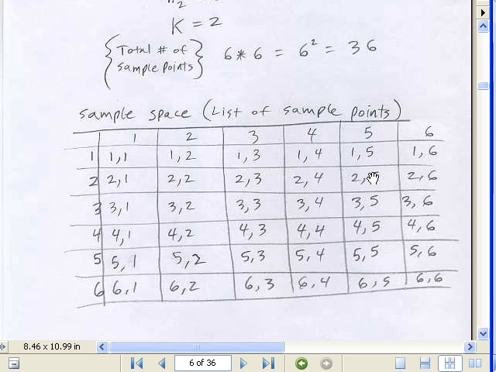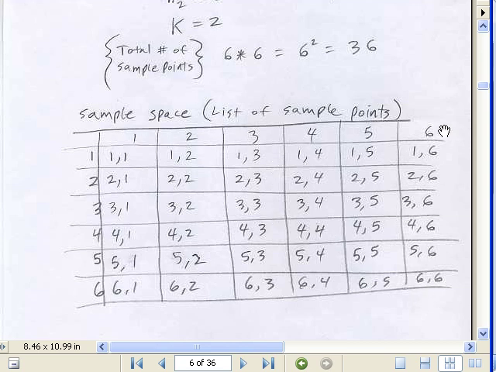Now, listing all these can get pretty tricky. And a word of advice, you probably do want to try and list all of the sample points at least a few times in your homework, because it will help, especially when we get to our probability distributions where we're talking about all of them. And it will help because we'll learn the addition rule and the multiplication rule in this chapter. And next chapter, when we do discrete probability distributions, we'll combine those 2 rules. And understanding how to list all the sample points is helpful. Ultimately, when you're doing statistics and probability in your job, you're not going to be listing all the sample points generally.